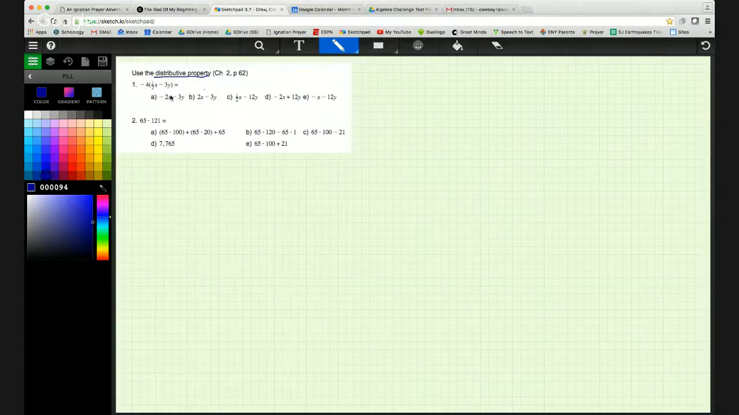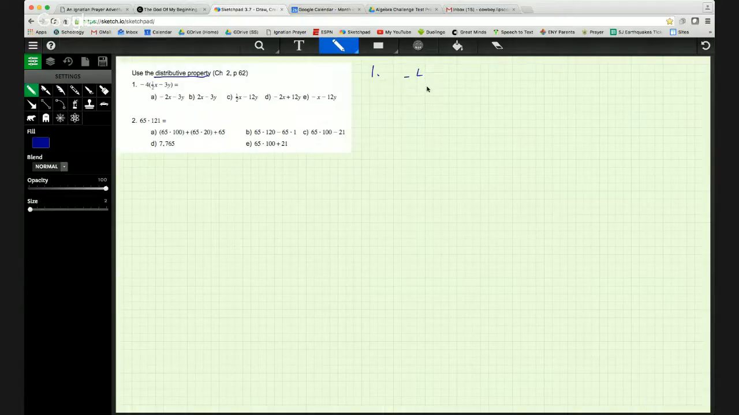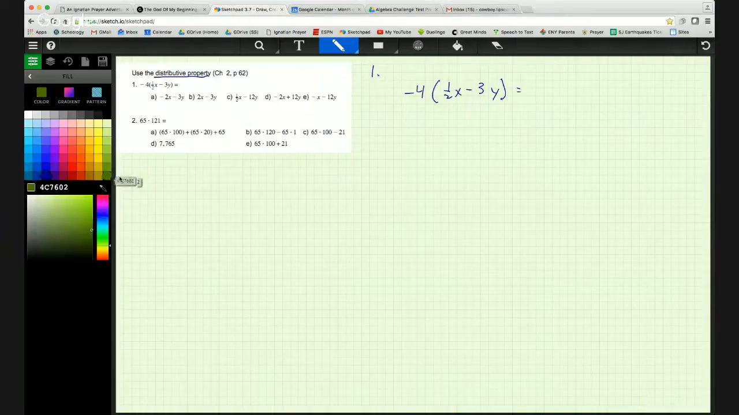Okay. So now I'll assume that you've tried this first one. Let's just copy it over right here. Number 1, -4 times 1/2 x minus 3y. And this is a problem, again, in distribution. So I like to teach my students to draw arrows between the term on the outside and the number of terms on the inside. And here we have 2 terms on the inside. So we're going to have 2 multiplication problems. And so we're going to get -4